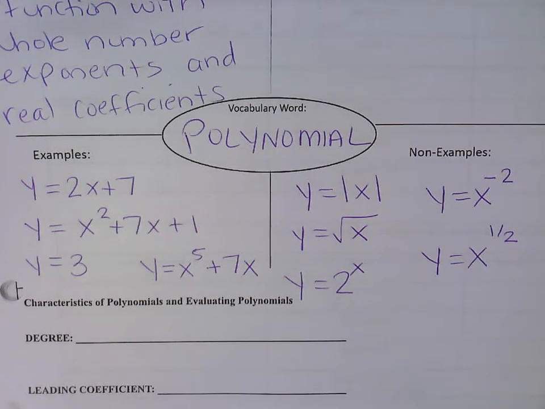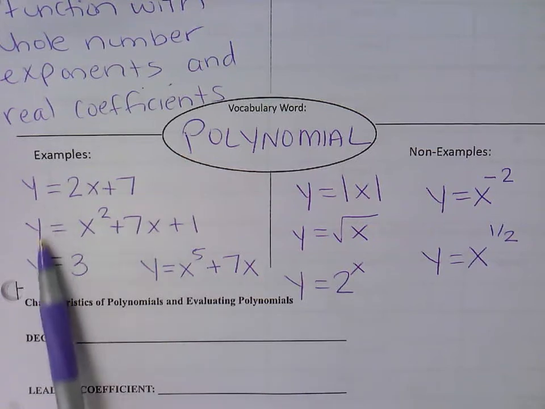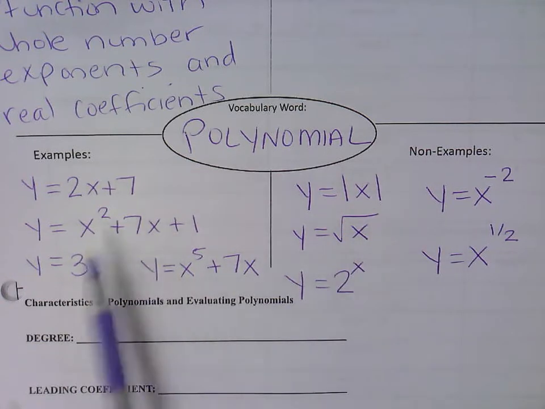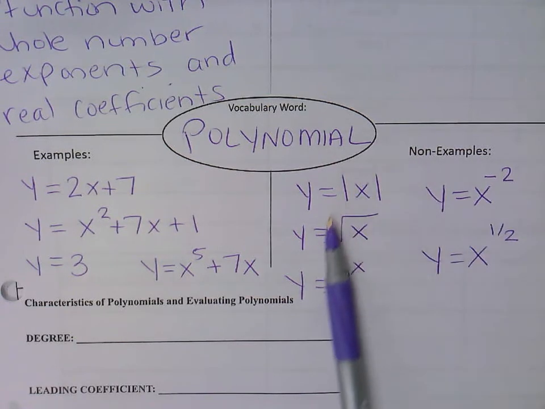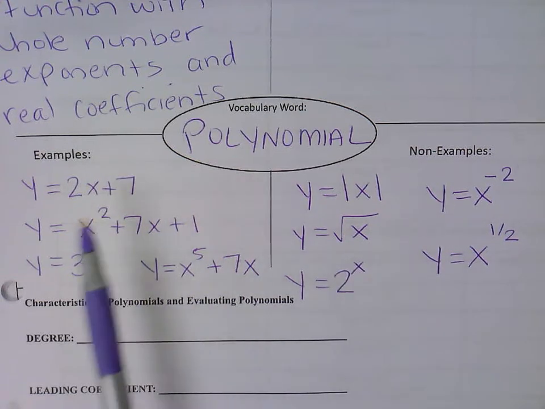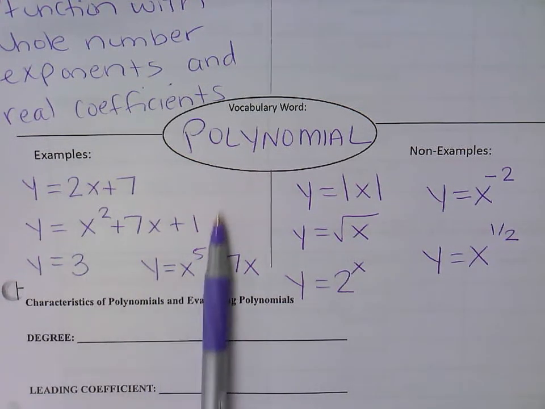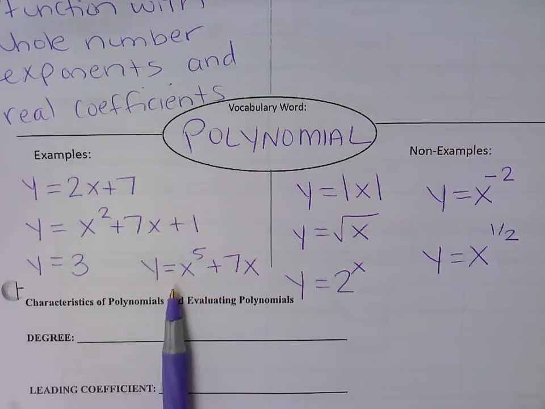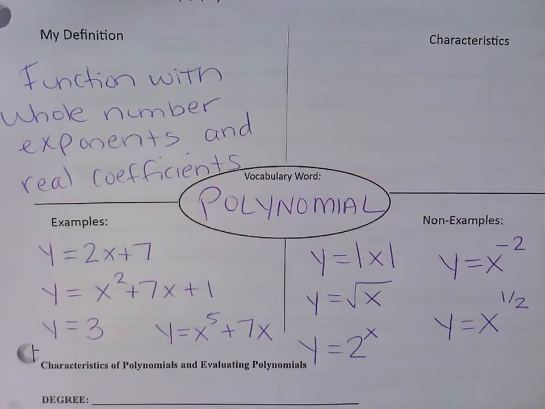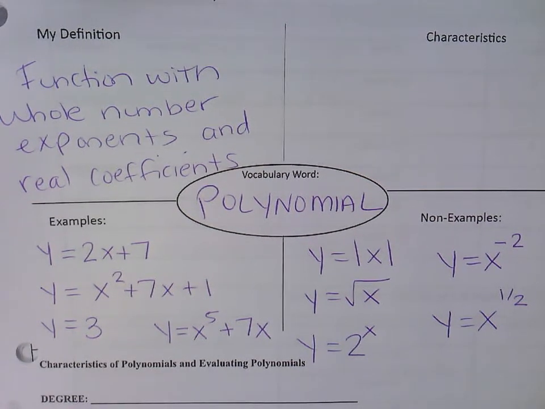So do you kind of see what these examples have in common with each other and how the non-examples are different maybe? Because the first big idea is, can you just identify, is this a polynomial function or not? What's wrong with it? So these are kind of all wrong things. They're all functions, they're just not polynomial functions. Here's all kind of examples of right things. And then the characteristics of a polynomial function are that